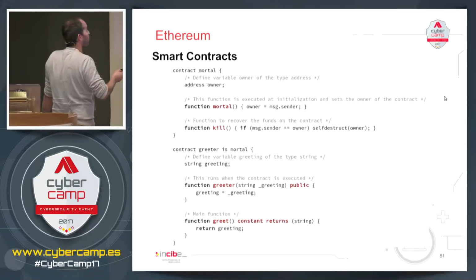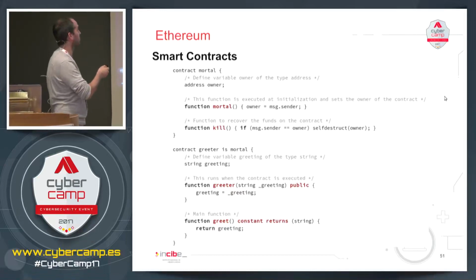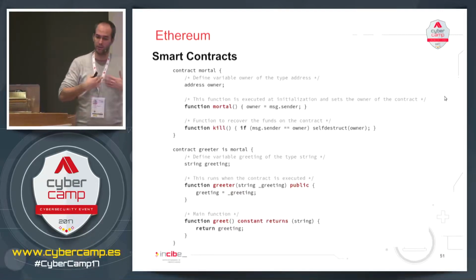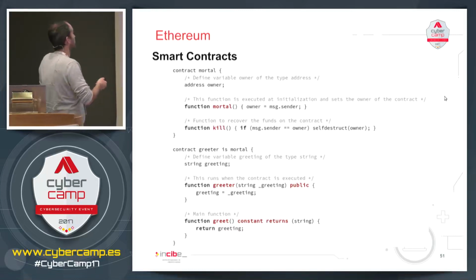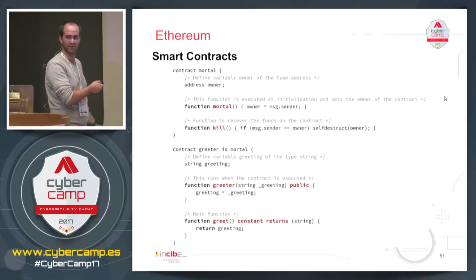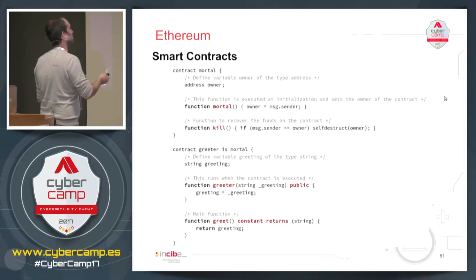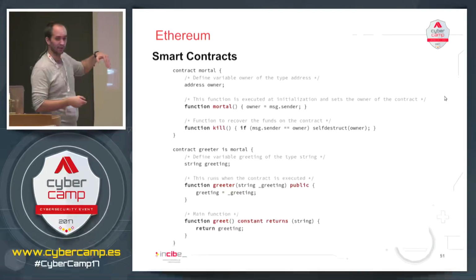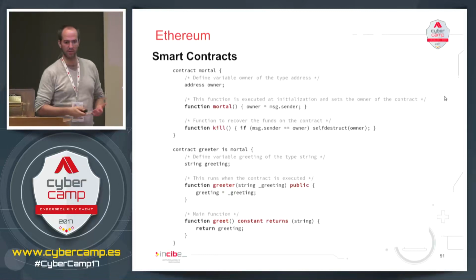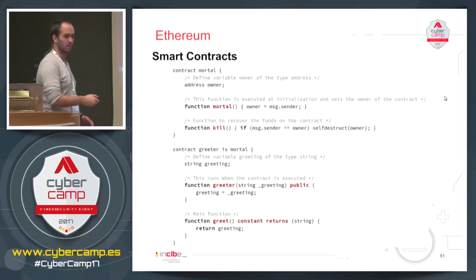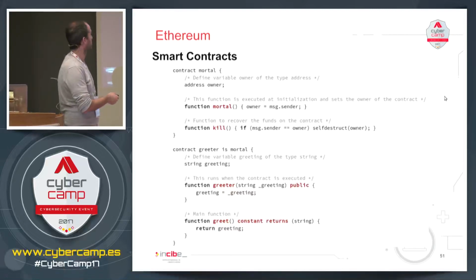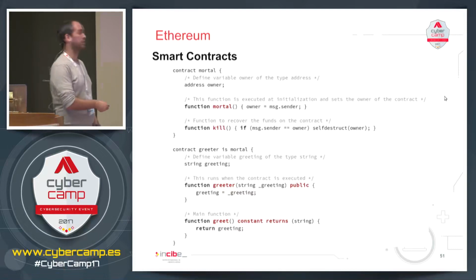It's a tutorial. This is to represent a mortal. Each mortal has an owner, an address owner, a private account controlled by a private key, by a person. And a mortal can be created and can be killed. This function called kill does exist for all smart contracts. Then there's a subclass of the mortal class called greeter, a person greeting. That person only greets. There's a greeting, a message every time the person greets. There's a constructor, and the function is greet.